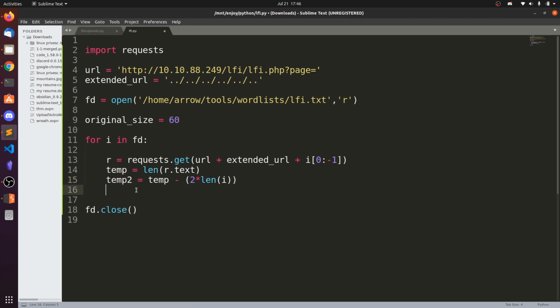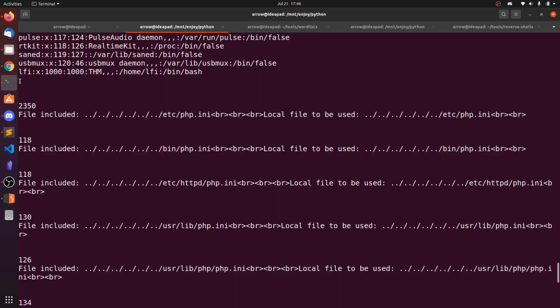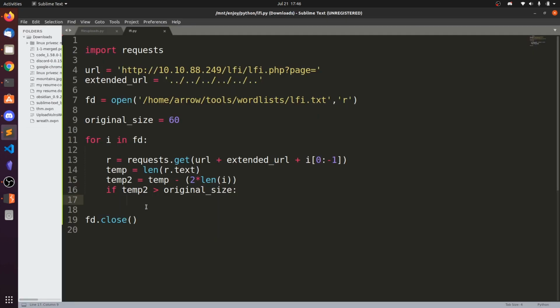So if temp2 is greater than original size, that means there is some actual content returned to you other than this empty content. So then we print r.text and print the length of r.text, that is temp.